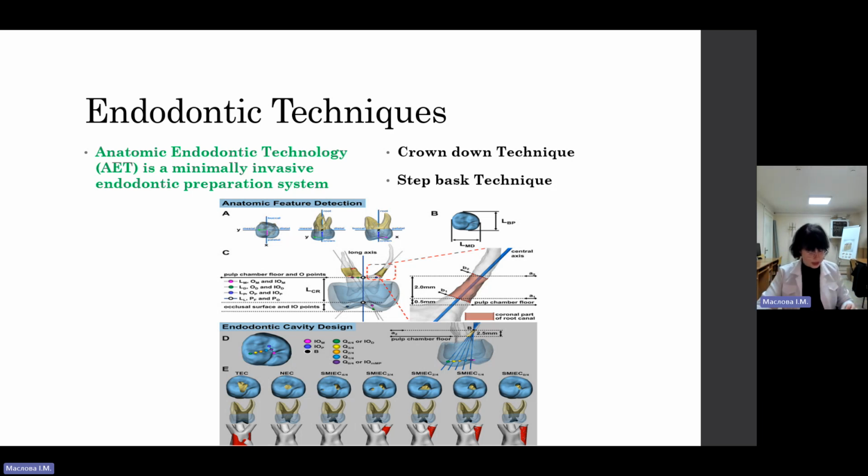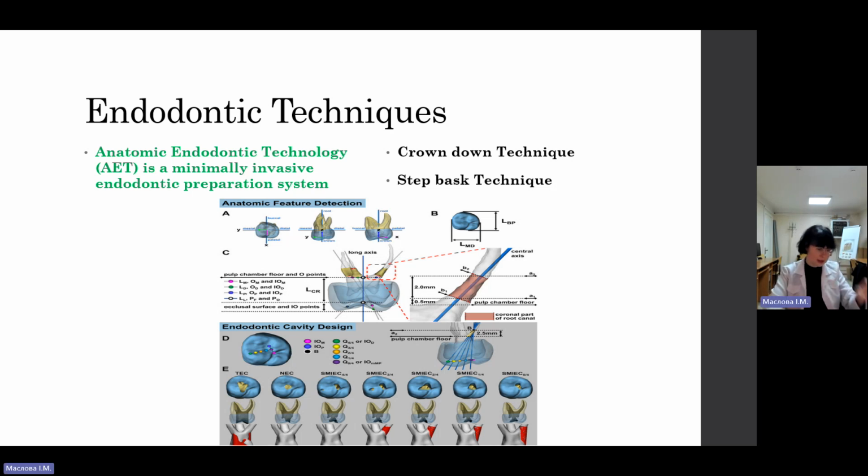These rules are more critical for actively cutting instruments than for passive ones. Use of active as opposed to passive instruments leads more readily to procedural errors, especially in inexperienced hands. Before clinical use, every new instrument system must be tested by practicing on extracted teeth. It has been shown that the frequency of fracture and deformation of instruments is reduced with increased clinical experience. To the end of this lecture, I want to tell you about